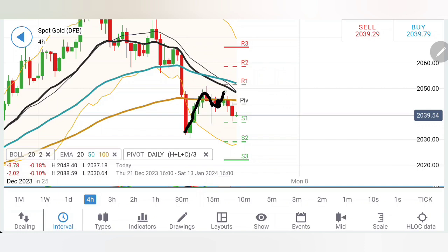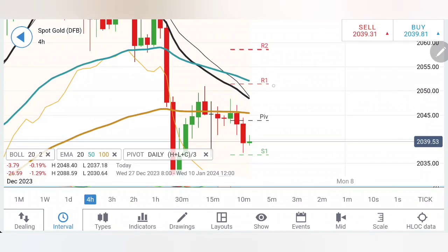A reversal sign was seen, failing to stay bullish. We have seen prices reversing on the downside again. Now look at these two candles. Bearishness has increased in these two candles. Also, this candle has left a tail on the downside, which suggests lower highs, lower lows, and thus on the